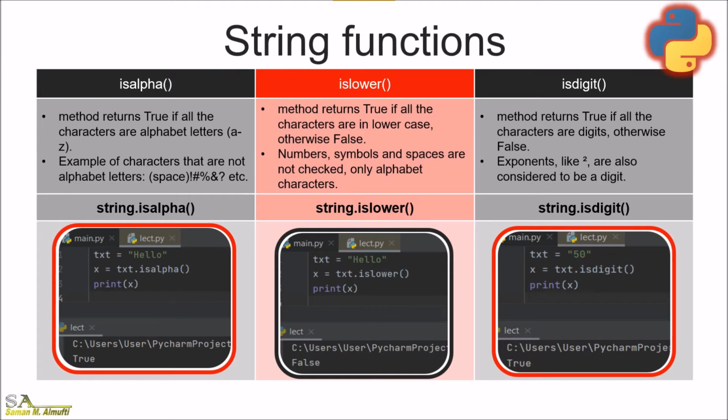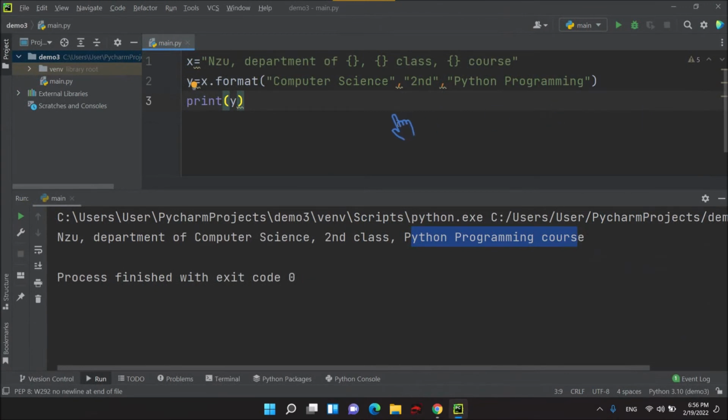There are many other functions that can be used with strings. For example, isalpha to check if a string is alphabetic or not, islower to check if it's lowercase or uppercase, isdigit to check if it is a digit or not. For example,